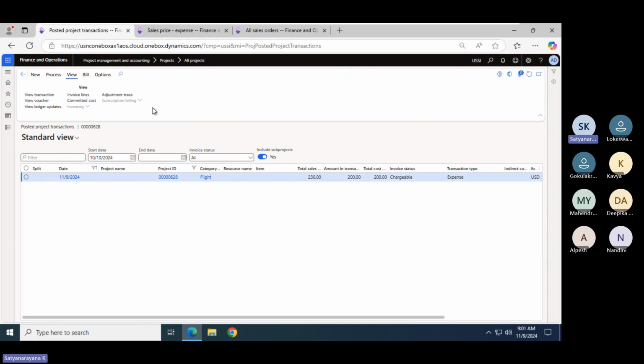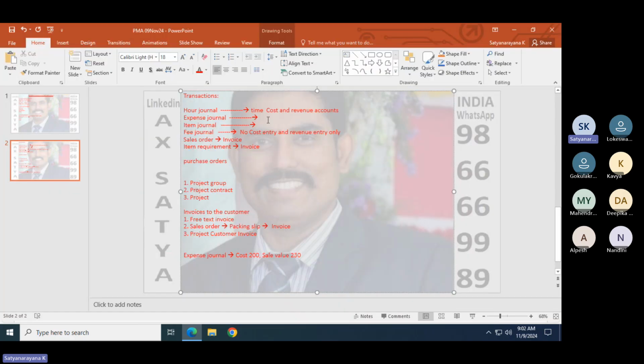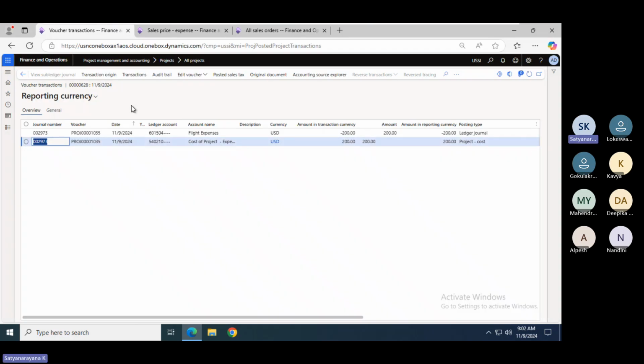Now, if you verify the voucher, it is showing only the cost value, the project cost. Whenever you post an expense journal, it will show the cost value voucher directly. When will the sales value come? You are not generating the invoice immediately; maybe you generate it at month end.